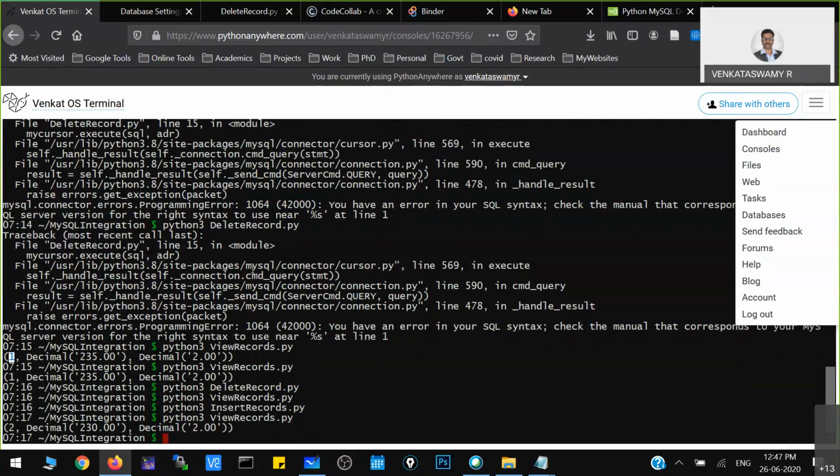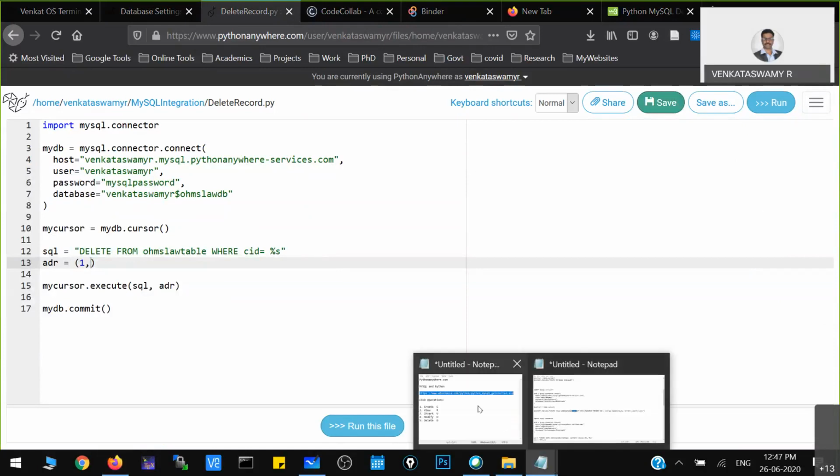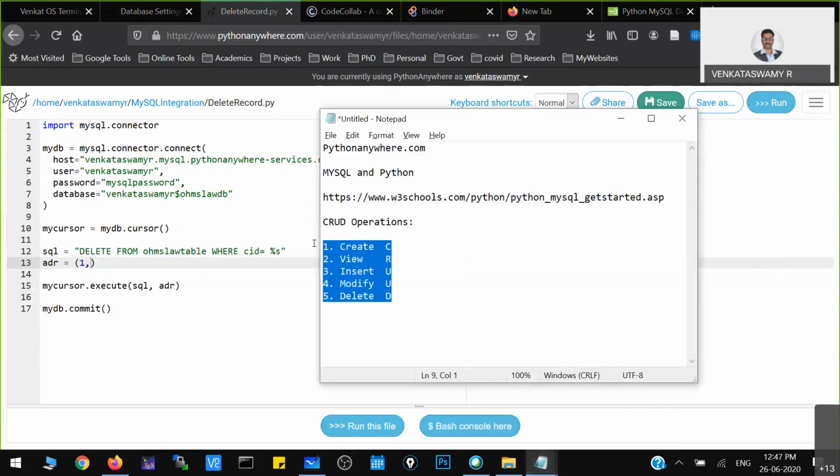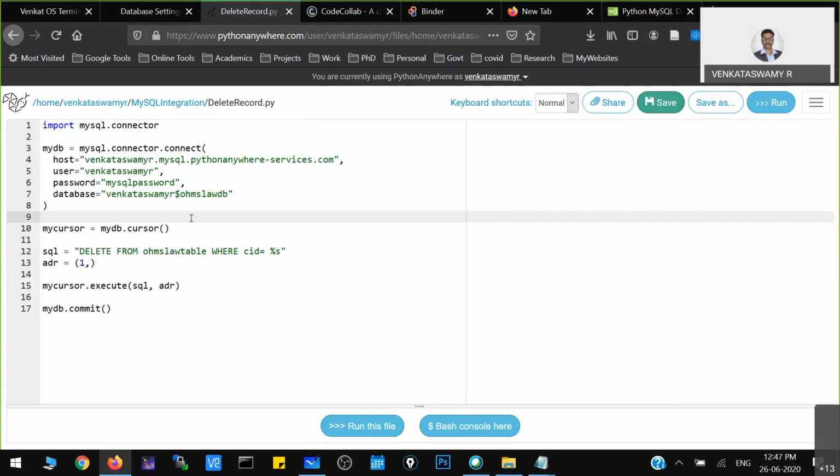So in that way we did all the particular operations here. So create, view, insert, modify, and delete operation. So with MySQL, these are the 4 things you have to learn. So at last, I want to say a few things like the